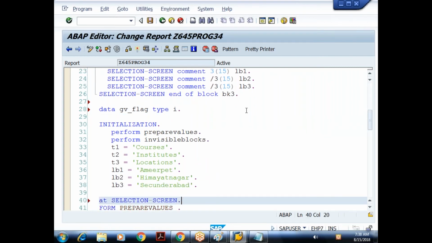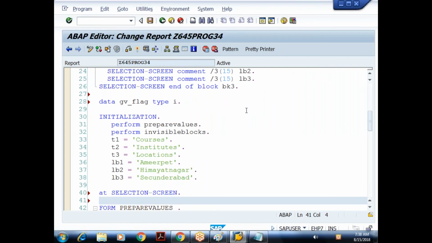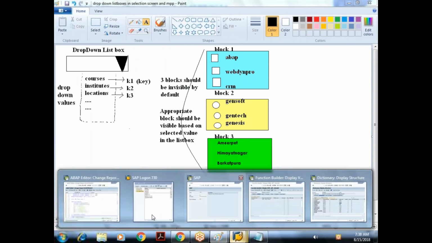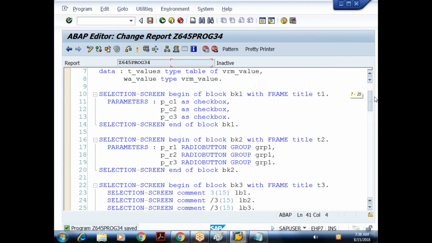Now see the technique here. At selection screen. In the last class I told, whenever we select a value in the list box, the key of the selected value will go and sit in the list box internally. What are the keys of my list box values?